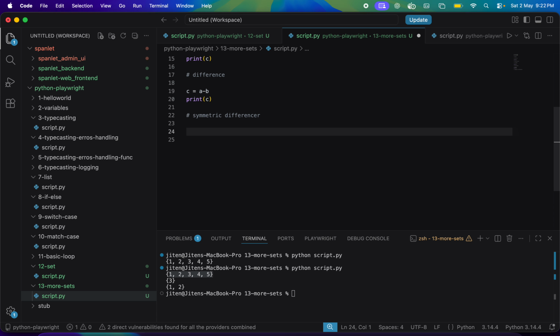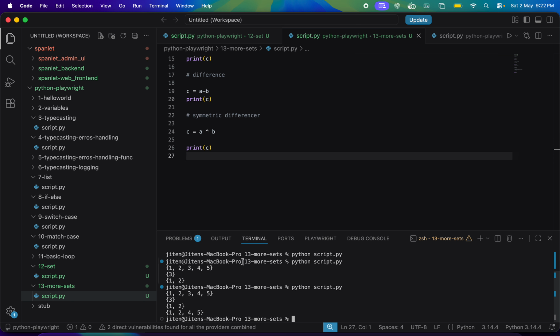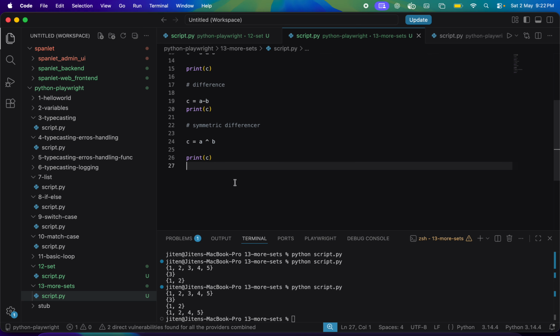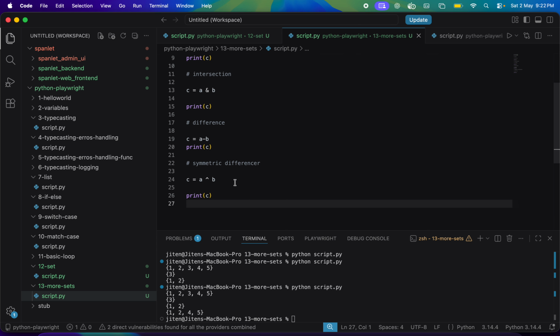Symmetric difference means C equals A symmetric difference B. This is the operator you have to give. You can see the symmetric difference here. What are the different variables in A and B? 1, 2, 3, 4, because it is similar to union, but it only gives the difference. Common variables are removed. Intersection only shows common variables. Union shows only one of the common variables, right? Like that,